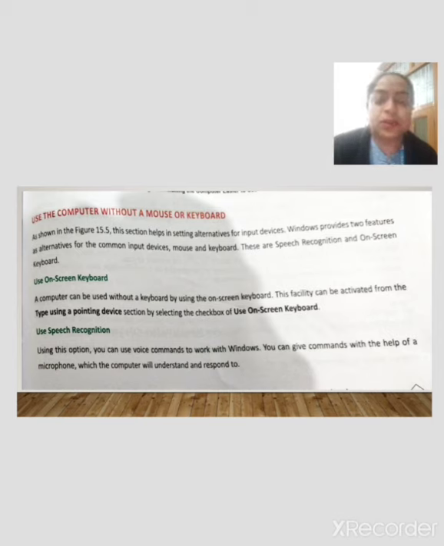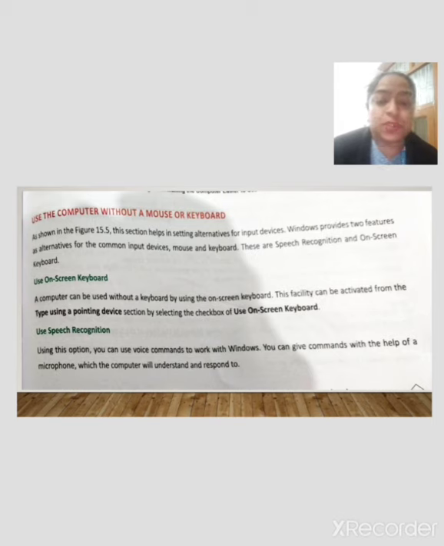So you can also use the on-screen keyboard, which we already discussed how you can open yesterday. Firstly we discussed the theory of it, and after that we performed some practical of it. After that, there is use speech recognition. What is the meaning of speech recognition, and what will happen if you use this option?